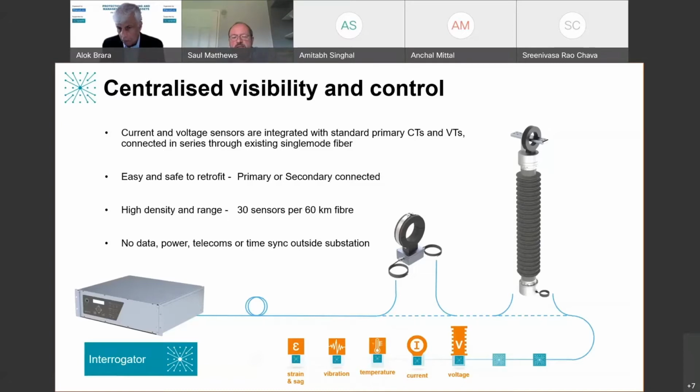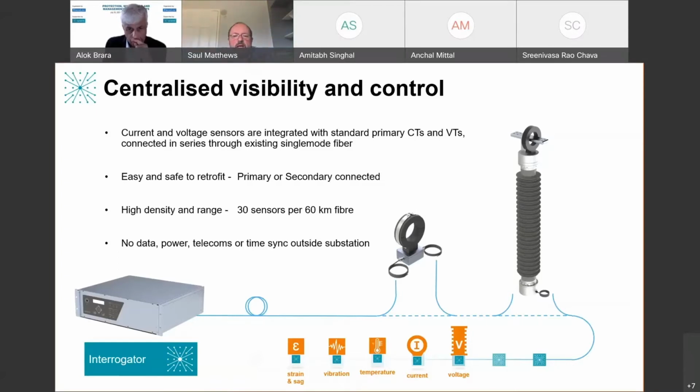Now, what that means is that for every optical fiber that's available leaving that substation and following the circuits along its route, we can install up to 30 different sensors for every 60 kilometers of fiber that's available. Now, serially multiplexing them is what I said. Effectively, that's daisy chaining and saying we can look simultaneously and persistently at 30 different locations along the fiber.